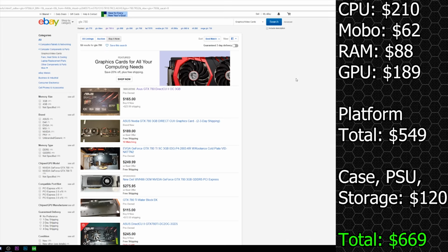But of course, this is just one used system being thrown together on eBay. Obviously, I'm not actually purchasing the components because that would require quite a bit of my own money, and I already have systems in-house that I don't need to build this system. But this does give you some idea of how much money you can save by buying some used components